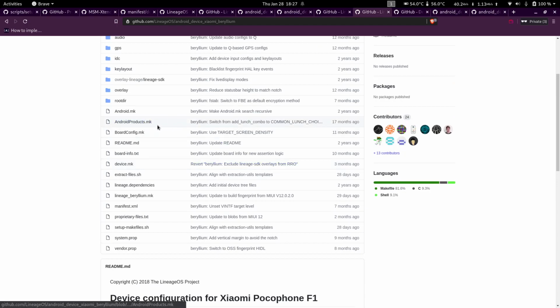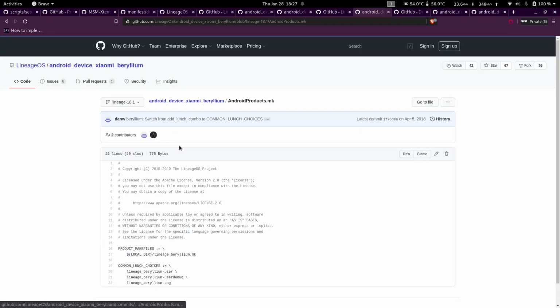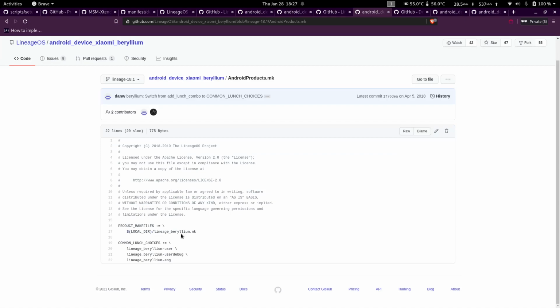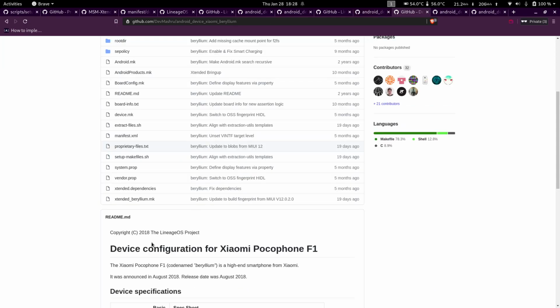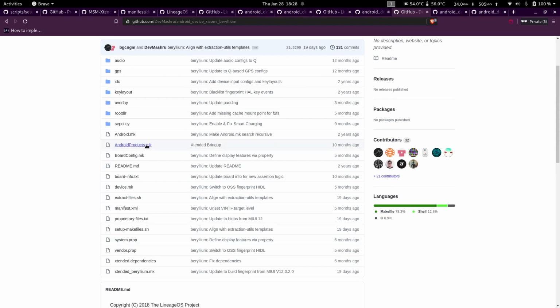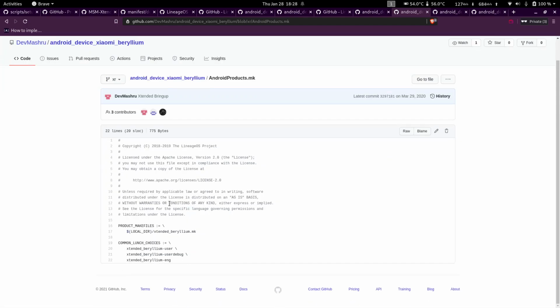Then also you will have to change the Android products. So in this sense, this is Lineage OS, which is called lineage_beryllium. And the lunch choices. I'll come to what the userdebug and eng builds mean, and what lunch is. In case of Extended, they would just be called extended_ followed by the device code.